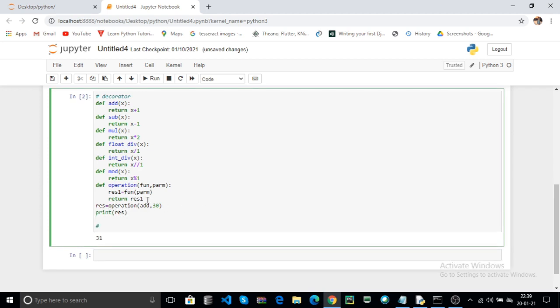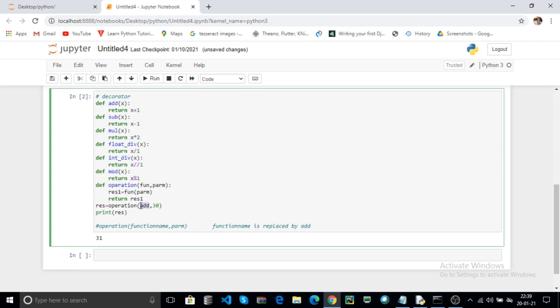Here the operation function takes two parameters. The first one is the function name and the second is param. Now the function name is replaced by add, because we are passing add as a function.